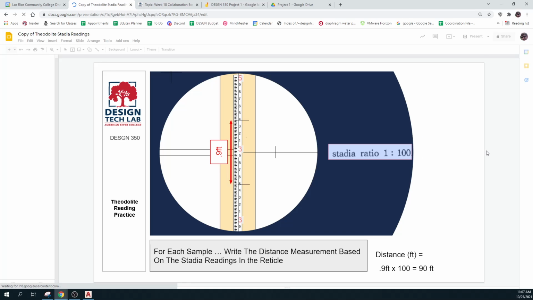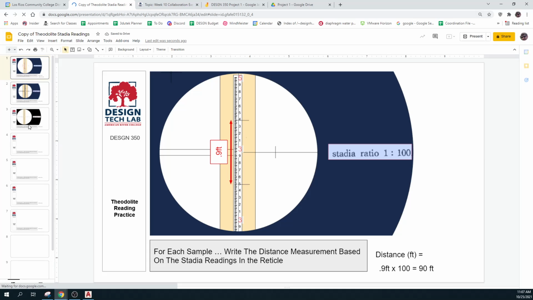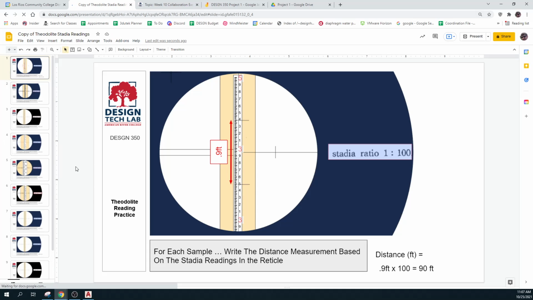I've given you a little sample thing, just like last week I gave you a ton of theodolite readings where you could take the azimuth and the elevation and figure out if it was level and read the distances and get all those readings done. And now I'm going to focus on the last thing, which is called the stadia reading, which is